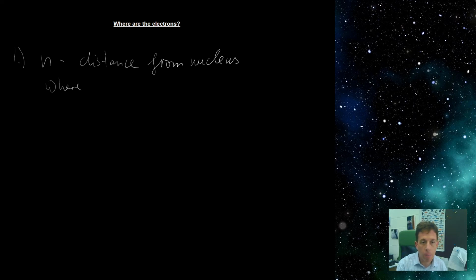where we find an electron. And this is a probability function. So it tells us we can find the electrons at a certain distance from the nucleus with a given probability. And n has whole number values equal to 1, 2, 3, and so on and so forth, all the way up until infinity. And this really then tells us, on a probability basis, how far the electron is from